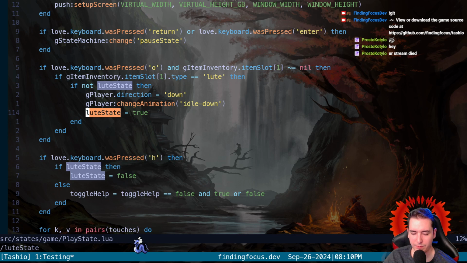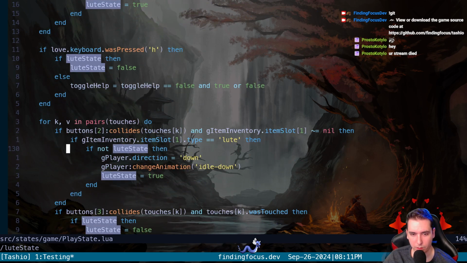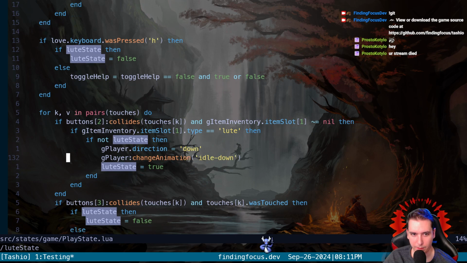Because, yeah, like, if Lute state is true, we would want to go ahead and update the Lute. And the Lute class would hold all the notes, all the strings, all of the Lute stuff. And then we can keep the Lute state toggle here, but we use the boolean here to toggle whether or not we're... well, yeah.